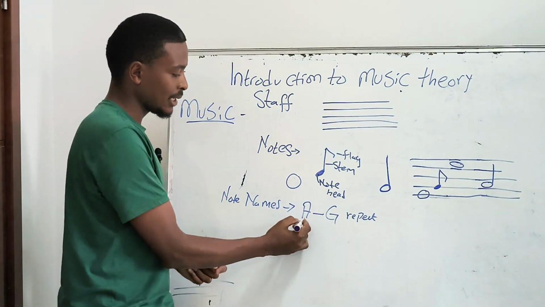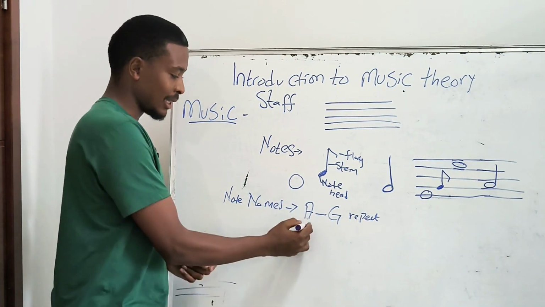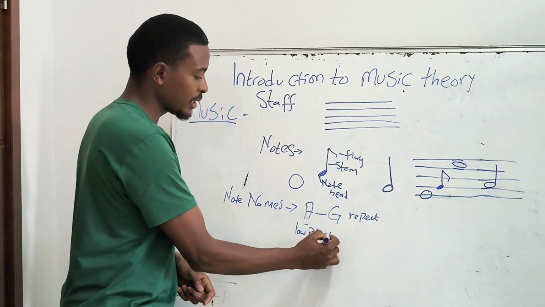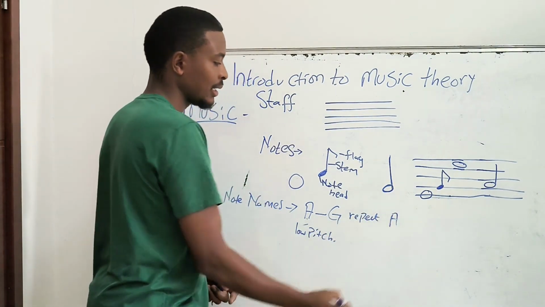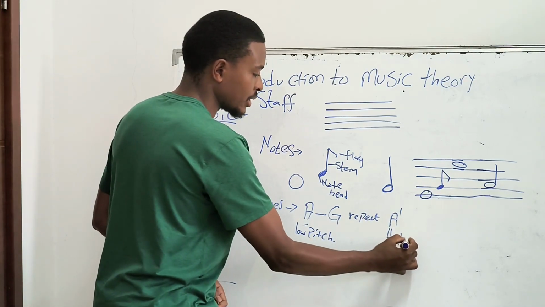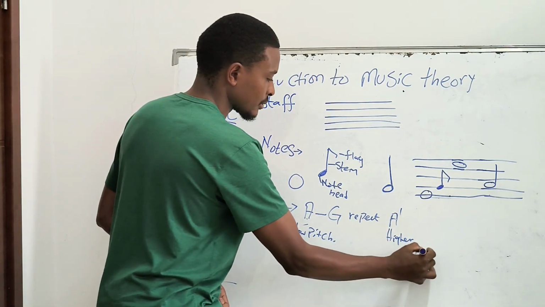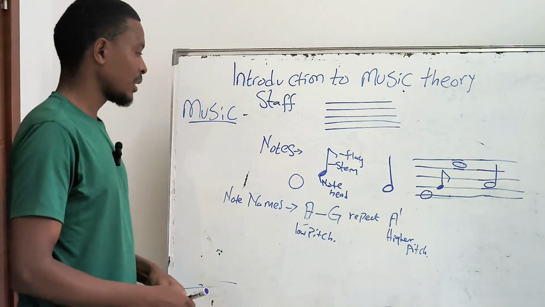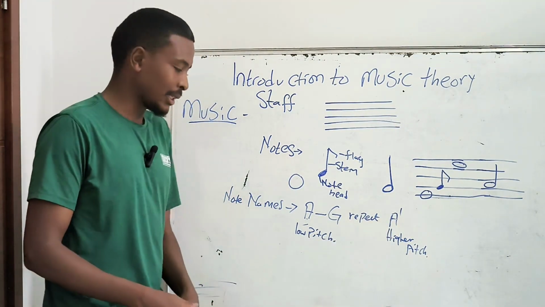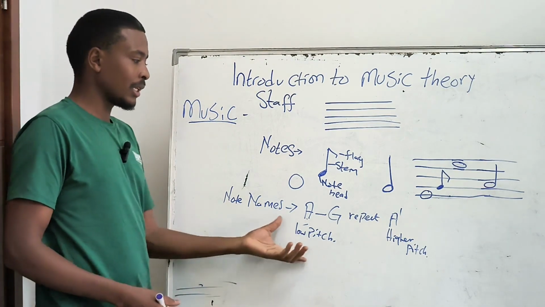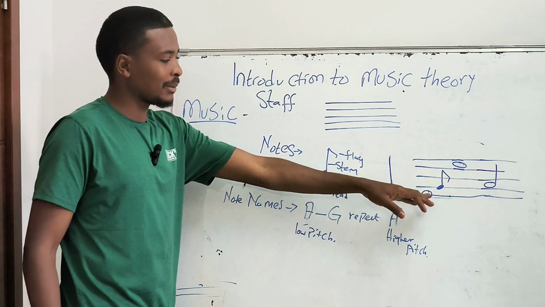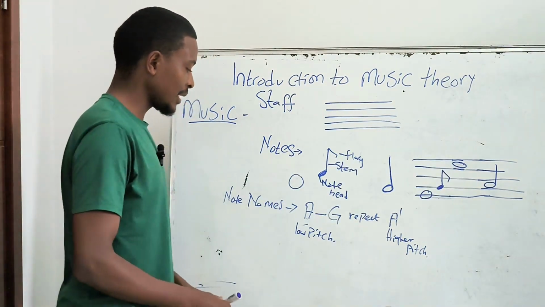So what happens is that the A that started has a low pitch, and then the A that follows has a higher pitch than the one that started. So, and these note names, for us to be able to know which note name is this, there's something we